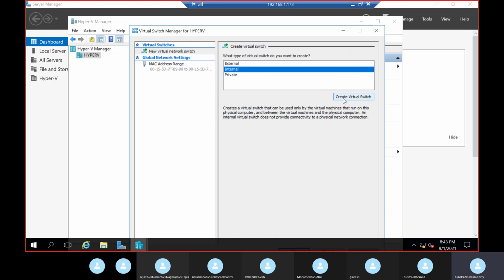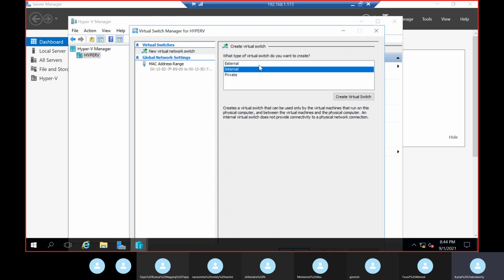Create virtual switch. External is used when you are deploying Hyper-V for general purpose, just for practice, like we do in VMware Workstation. Internal means when ADDS will be deployed. So here ADDS is not deployed, but I'm showing how to do that. So when you install Hyper-V where your Active Directory is installed, go with the internal.